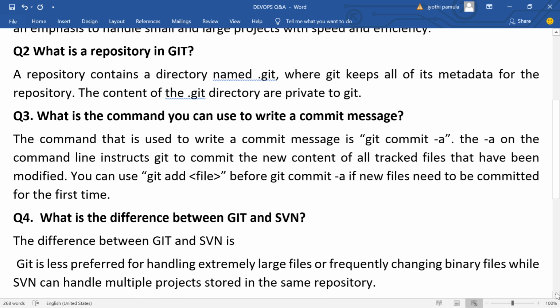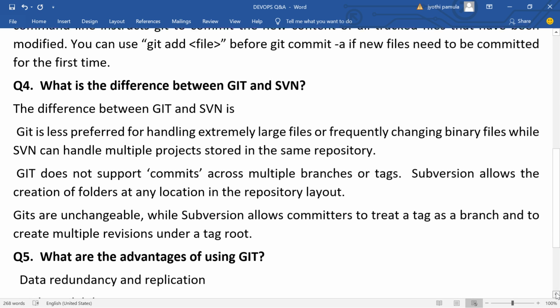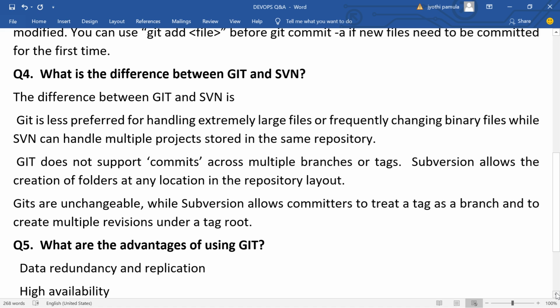Next question is what is the difference between Git and SVN? Already I said what is the difference between distributed version control system and central version control system. Now Git and SVN. Git is less preferred for handling extremely large files or frequently changing binary files, while SVN can handle multiple projects stored in the same repository.